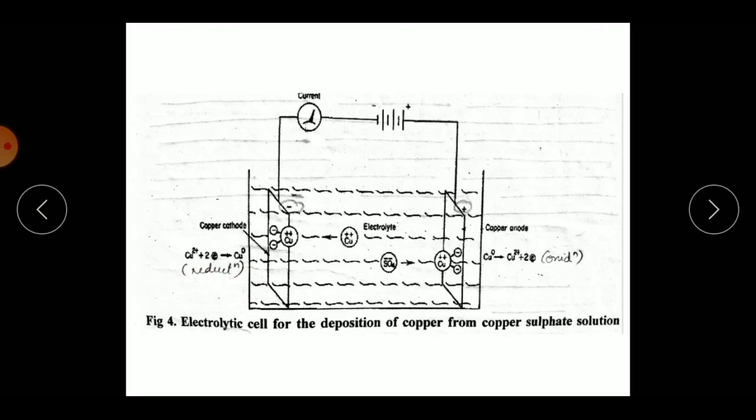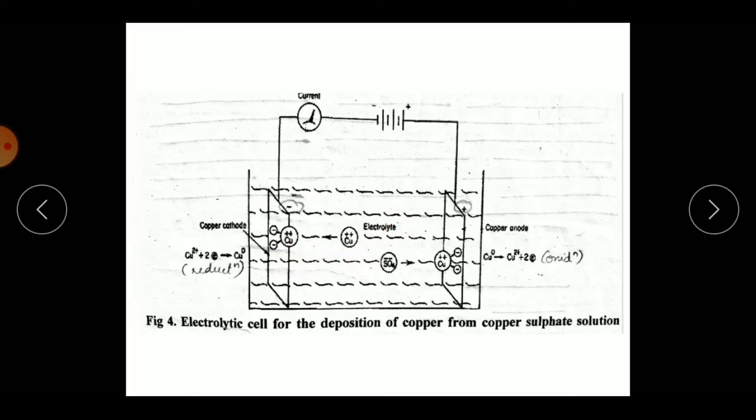Next, what will happen? The copper that is present in the anode, this is your anode given as positive sign here, will get dissolved into the solution and come out as Cu2+. When this Cu2+ comes into the solution, it will maintain the electrical neutrality, because the Cu2+ from the electrolyte solution went to the cathode and got deposited. So what will happen? Cu2+ from this electrolytic solution will start decreasing.